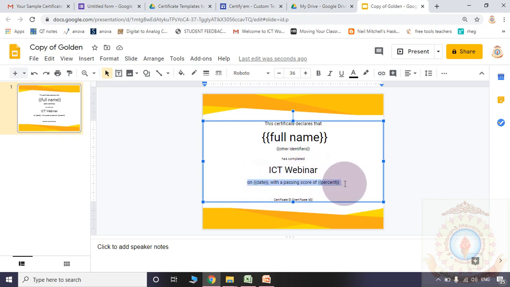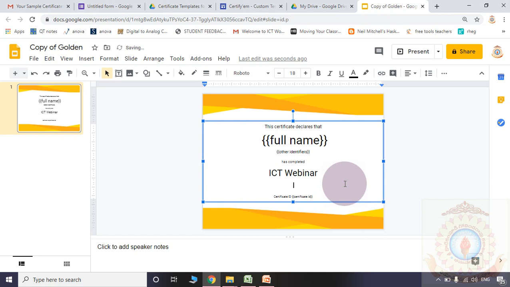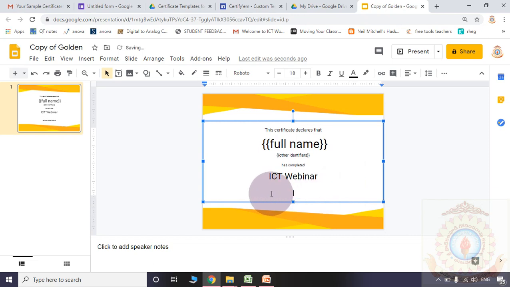whenever you are designing the certificate, it is better to type the title very clearly. I am removing the date and everything; I don't want to show them. Even I don't want to show the certificate number also. The certificate declares that Mr. Murthy from KJRL College of Organization has completed ICT webinar. Here I want to show the change like has successfully